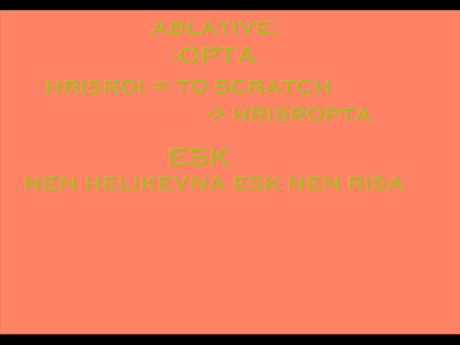For example, Nenhelikevna esknenrisa, the speech of the man, or that which the man said. Compare this to Nenvarmkokra esknenrise, the killer of the man, or the person who killed the man. You can think of this structure as an alternative to relative clauses. Also bear in mind that this also applies to gerunds. For example, defining Zowidroi as to approve of, Nenrisa ged Zowidrolok nenvarmkoine esknenbave. The man did not approve of the killing of the dog.